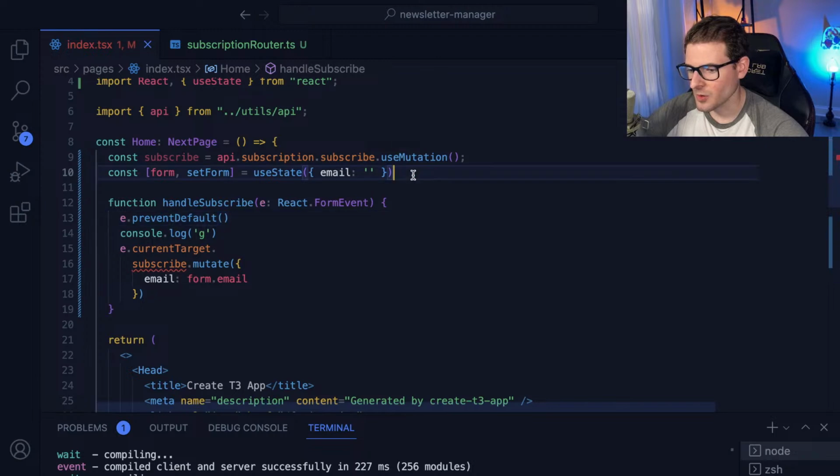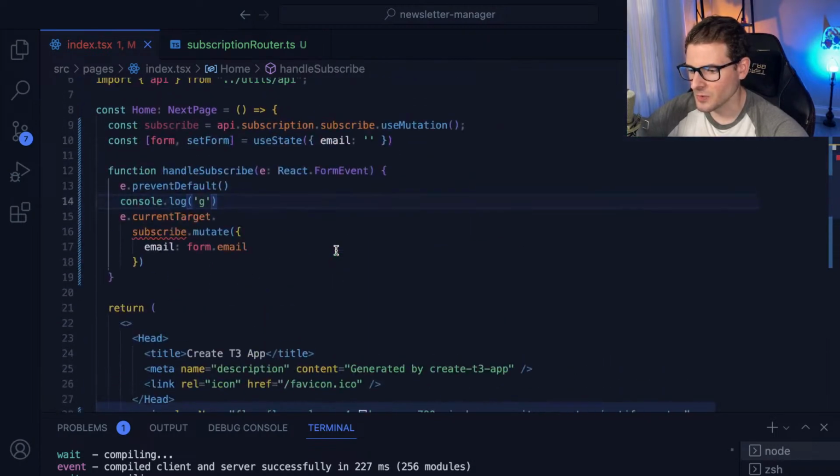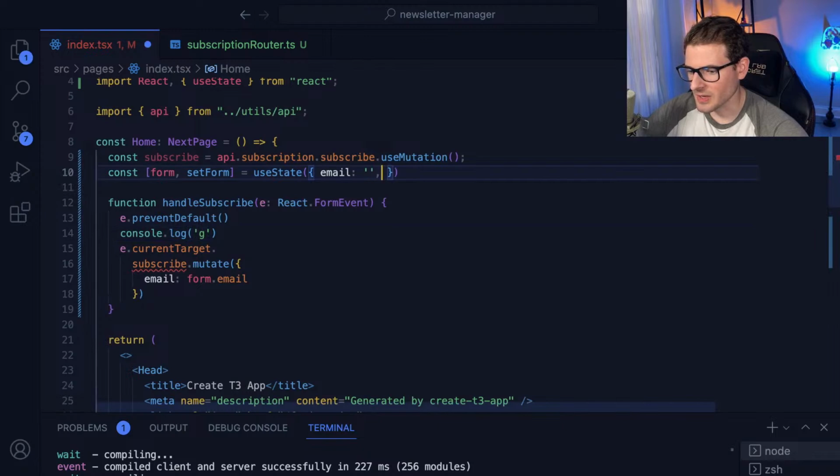Now, the reason I did a form in state instead of just saving the email is that, let's say I wanted to in the future add in a name or whatever else I could ask the user for. It would just result in me having to add in something here. Honestly, if this was a bigger application, I'd probably use the React form hooks thing.